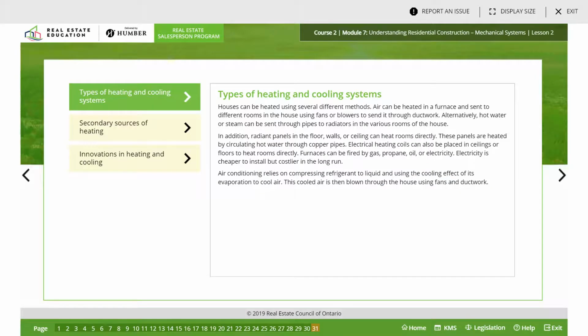Heating and cooling systems. Houses can be heated using several different methods. Air can be heated in a furnace and sent to different rooms in the house using fans or blowers to send it through ductwork. Alternatively,